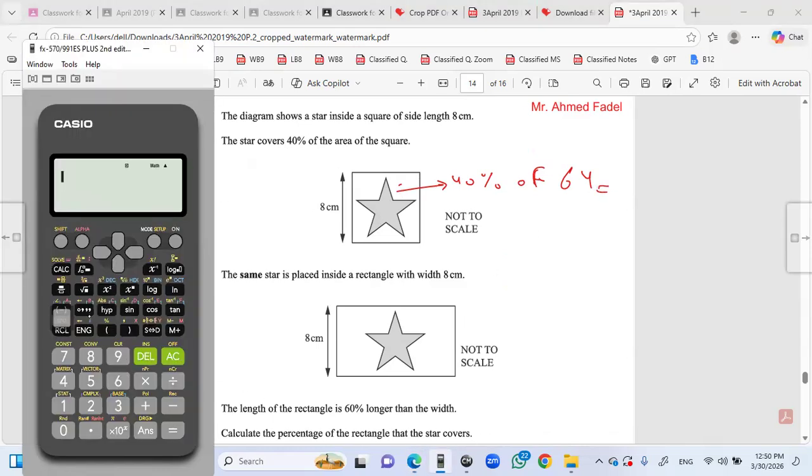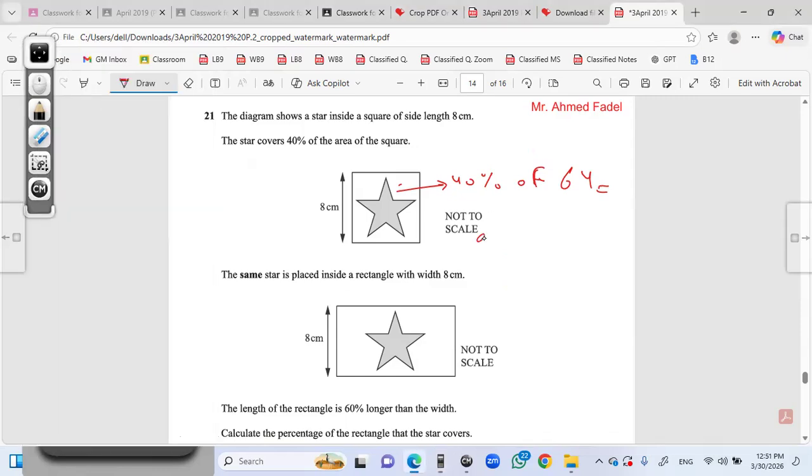Go to the calculator. You can write actually here 40%. The percentage is on top of the bracket. Or you can write 40 over 100. Or you can write 0.4 as a decimal. 40% multiplied by 64 equals 25.6. So the area of the star equals